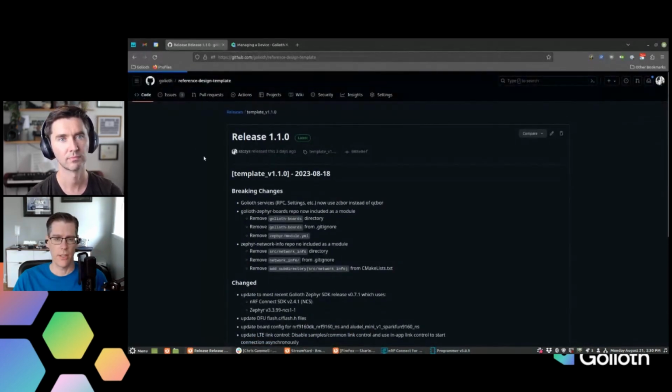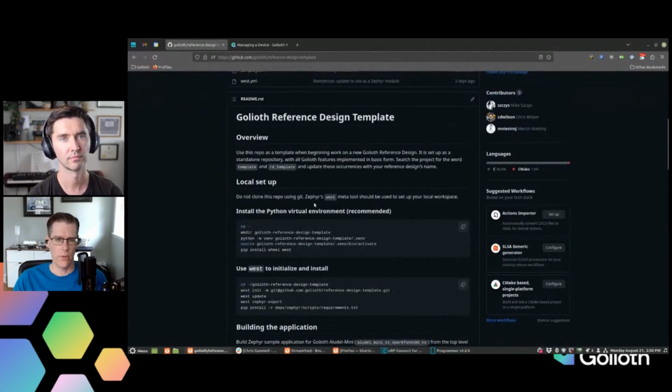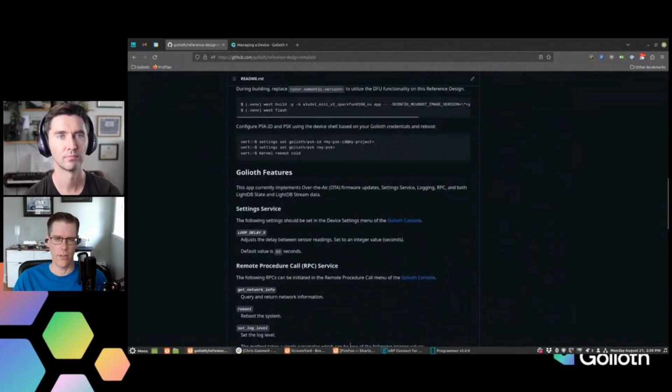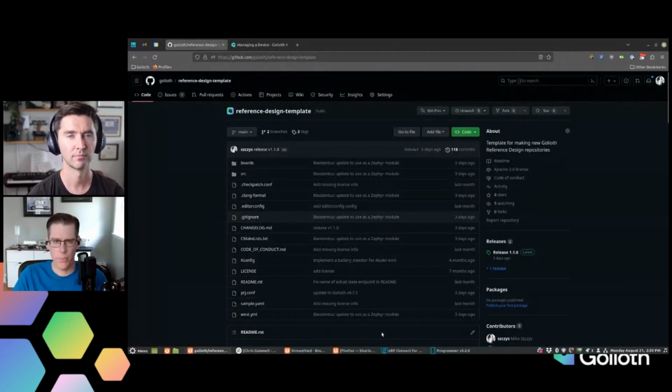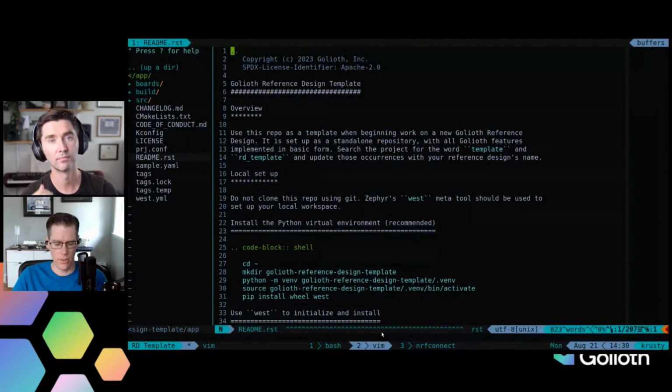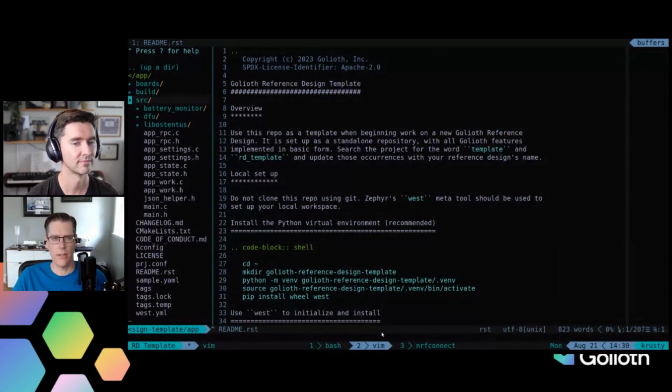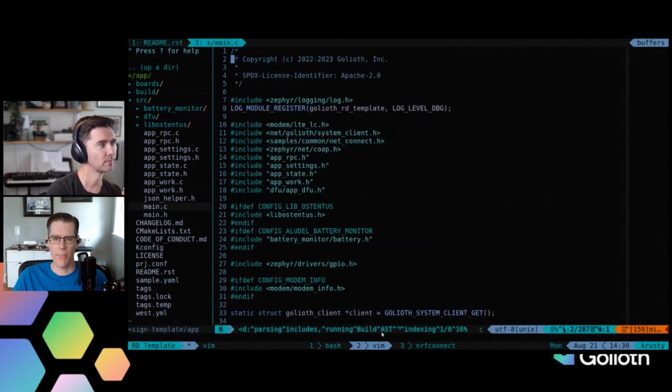There are instructions in the README on how to clone this template into your build system and how to build it for your device and flash it to your device. But I think probably going through and looking at the code is a good way to start. All of the interesting parts are in the SRC folder, starting with the main. And when you drop into main,